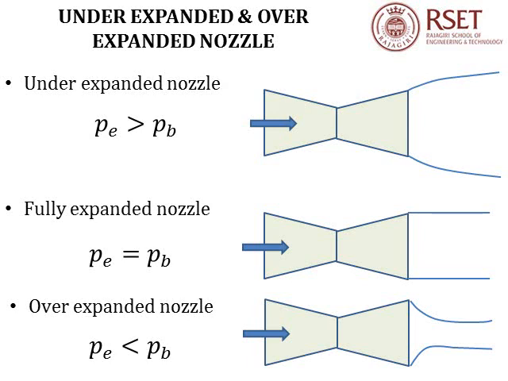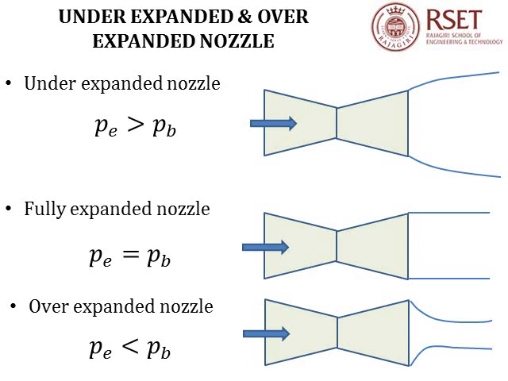Next, the condition is when the exit plane pressure is equal to back pressure. In this case, the fluid flows smoothly into the settling chamber. There is no flow disturbance. The streamlines are parallel to each other and are of the same cross-section area as that of the exit plane of the nozzle. Here we get supersonic flow and also the nozzle is choked. This is referred to as fully expanded nozzle.